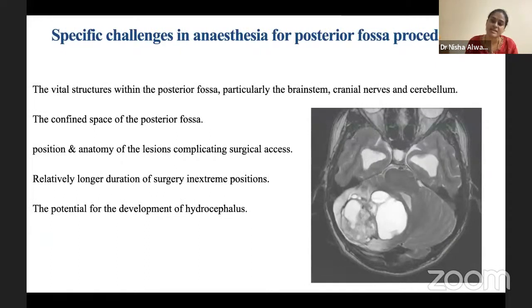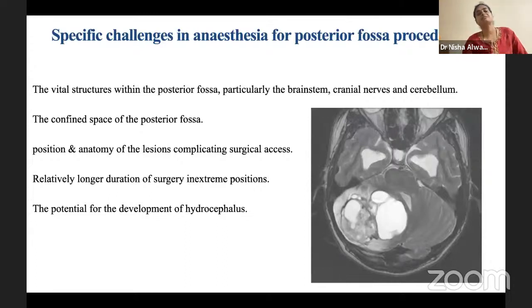but also the venous sinuses, which are present over here, which is also the reason why there is an increased possibility of complications. It's important to know this anatomy so as to anticipate the complications in the different steps and so as to minimize the adverse events which can occur intraoperatively.